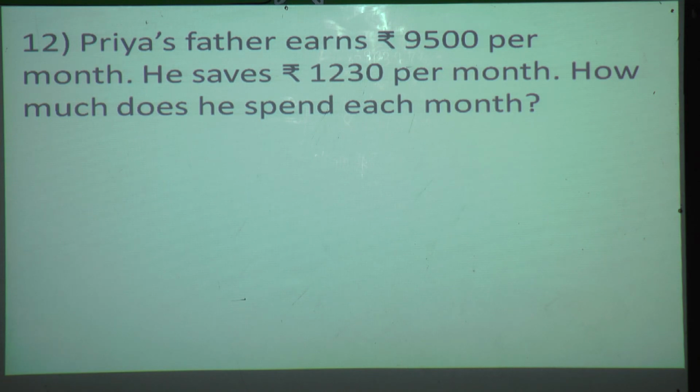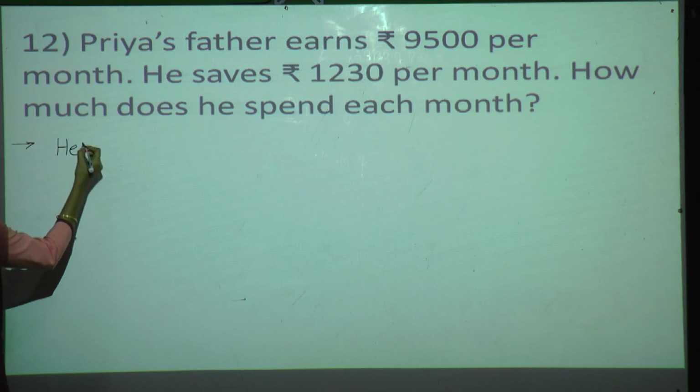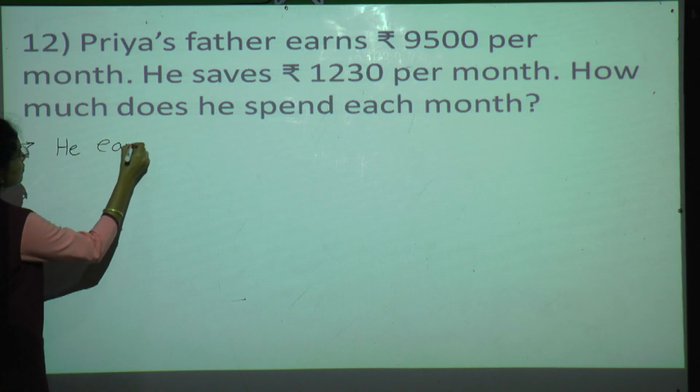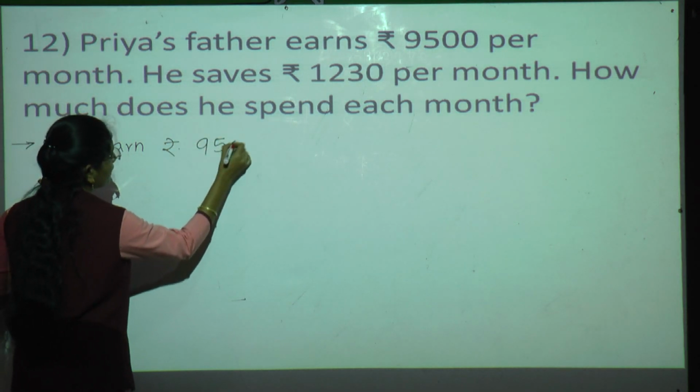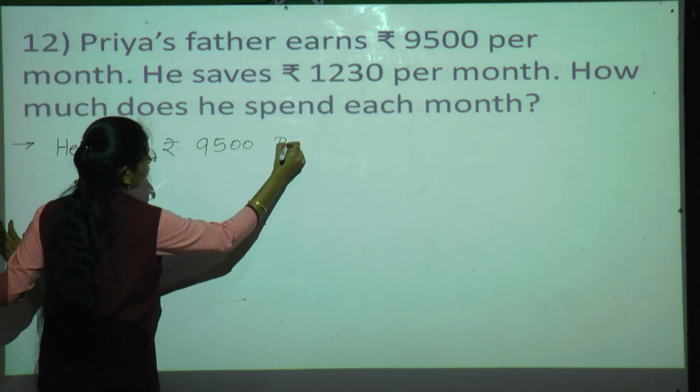Priya's father earns rupees 9,500 per month. He saves rupees 1,230 per month. How much does he spend each month? See, he earns rupees 9,500 per month. Priya's father earns, so we will write, he earns rupees 9,500 per month. Okay,